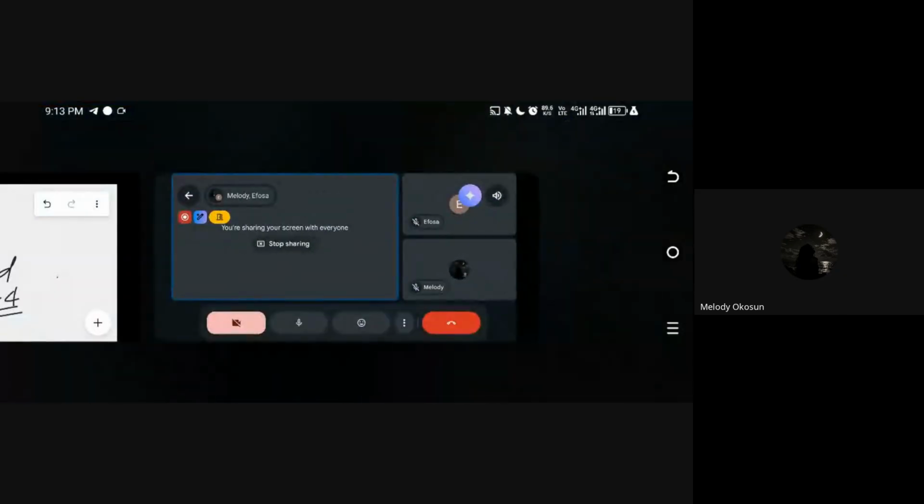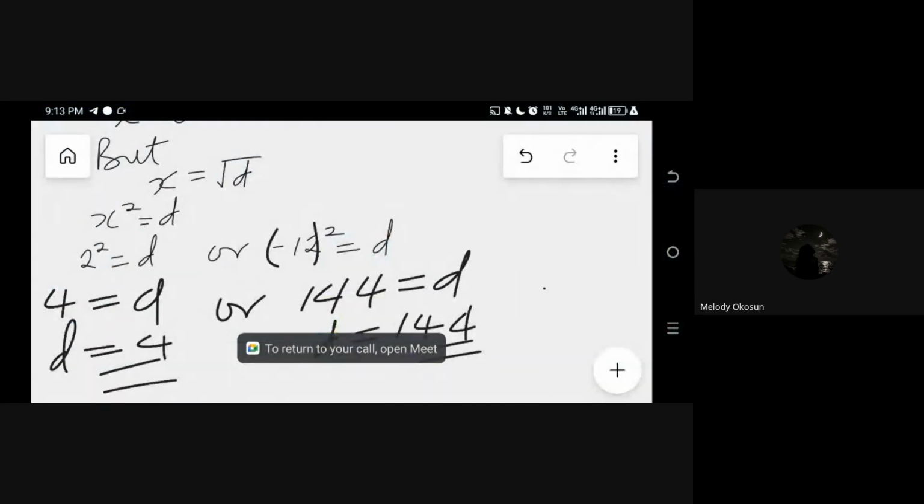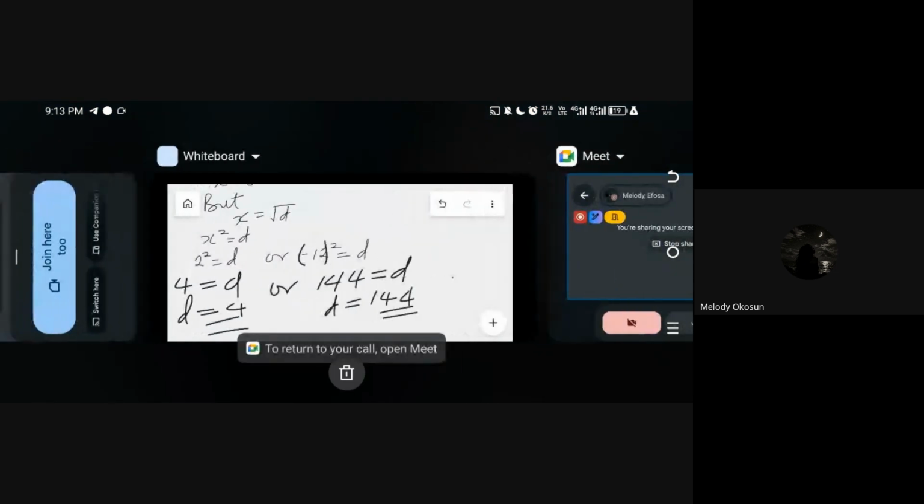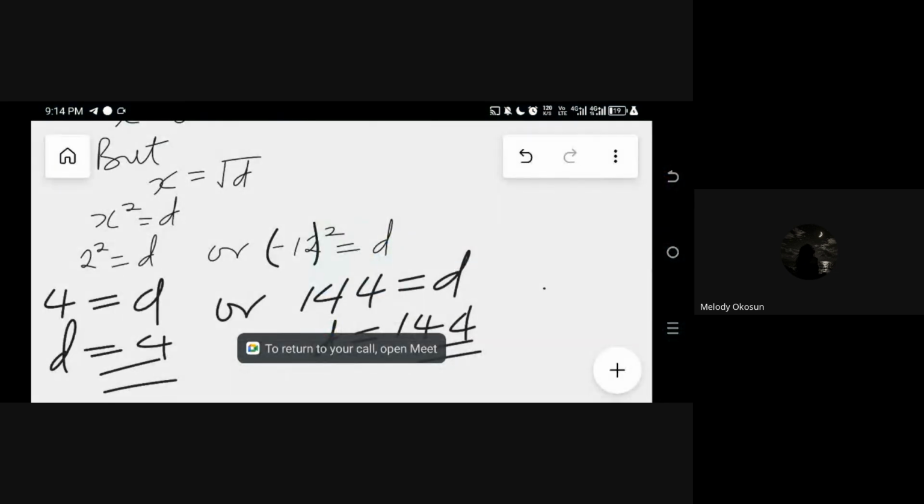Do you guys have any question looking at this? Do you have any question dealing with a radical equation now? Any question? All right. So, in the absence of any question, having done these two examples for radical equations involving quadratic equations,